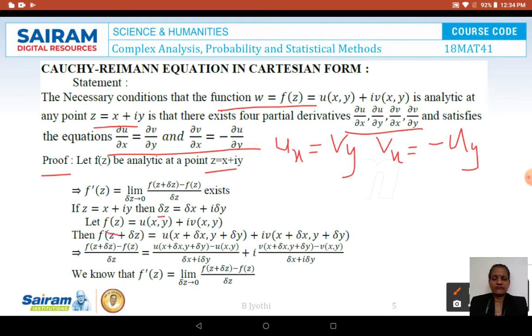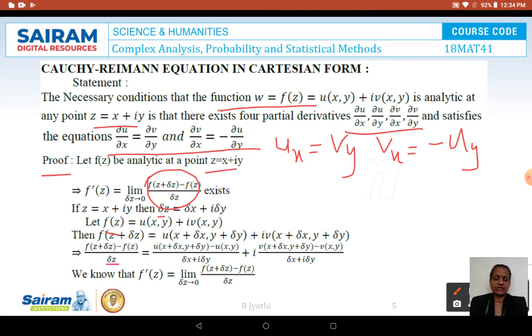Let us consider f(z) = u(x,y) + i v(x,y). Then f(z + Δz) will be u(x + Δx, y + Δy) + i v(x + Δx, y + Δy). Now let us consider this part of the right hand side, that is [f(z + Δz) − f(z)] / Δz,